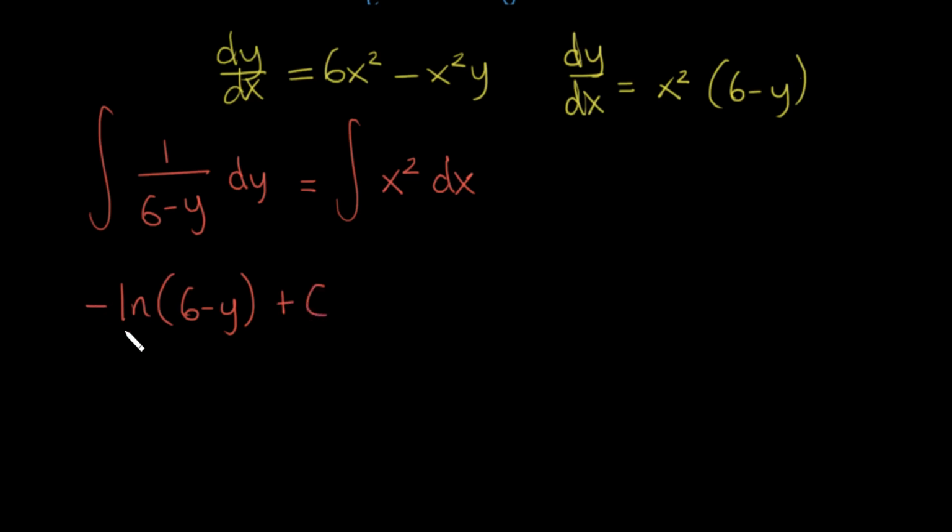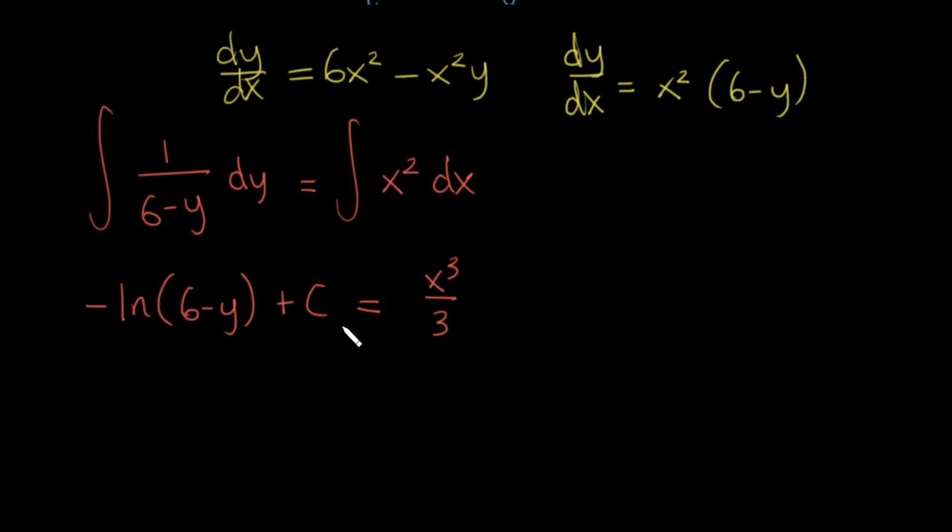And the reason, again, that we have this negative is because if we were to take the derivative of this side, we would get 1 divided by 6 minus y is the derivative of the outside, times the chain rule derivative of the inside, which is the derivative of 6 minus y, which is negative 1. And in order to cancel out that negative 1, we add on our own negative 1. So with the left side out of the way, let's move on to the right side. The integral of x squared dx is simply x cubed divided by 3. And we do not need to add a constant of integration because it would simply be reabsorbed into the left